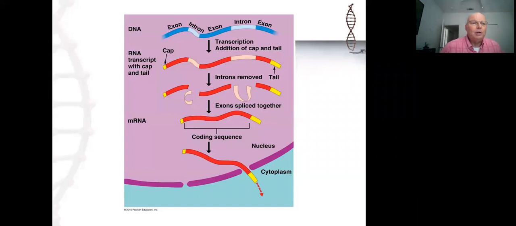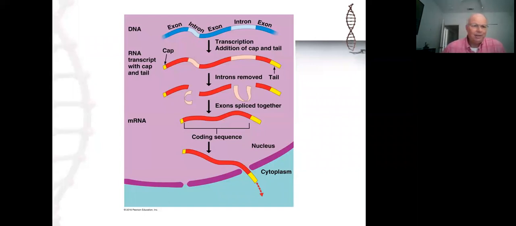And there are complexes of RNAs and proteins called spliceosomes that carry this out. They cut out the introns and splice together the exons. And they can do this in a number of interesting ways in order to vary the product of the gene. We used to think that one gene gave rise to one polypeptide. That we don't think anymore, because we know that when the spliceosomes splice the exons together, they may not necessarily